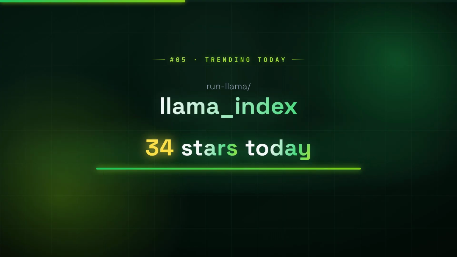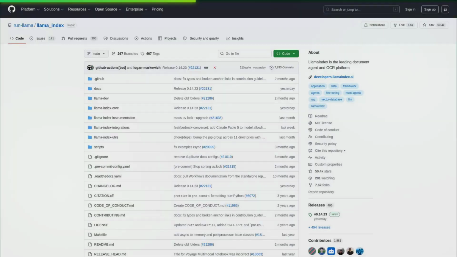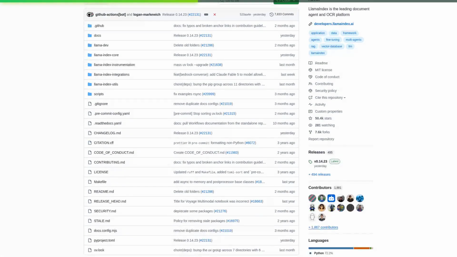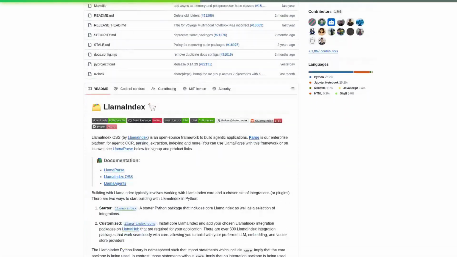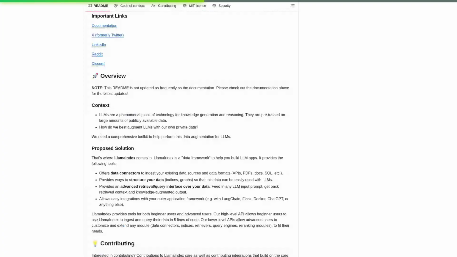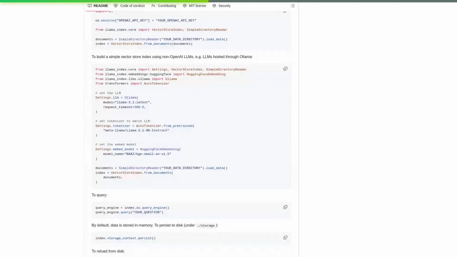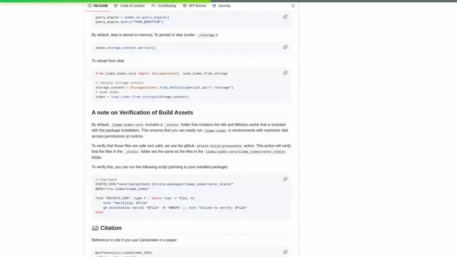Number 5. LlamaIndex, 34 new stars today. LlamaIndex provides the missing ingestion, parsing, and retrieval layer that connects your unstructured documents to large language models, so you can build applications that answer questions grounded in your own data rather than relying on a model's generic training set. It solves the painful engineering problem of chunking, embedding, indexing, and querying heterogeneous document formats, PDFs, slides, HTML, APIs